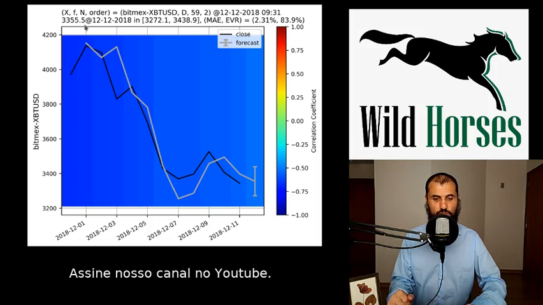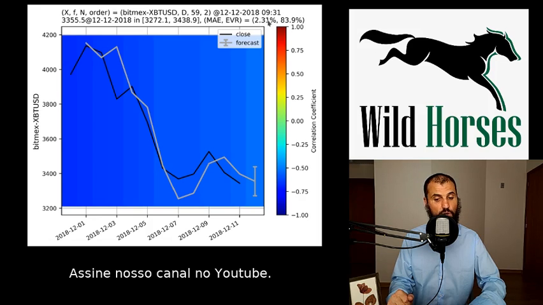$3,355 for today, in an admissible range that goes from 3,272 until 3,438. So this interval here. So we can expect the price to be within this range. Currently, we are with